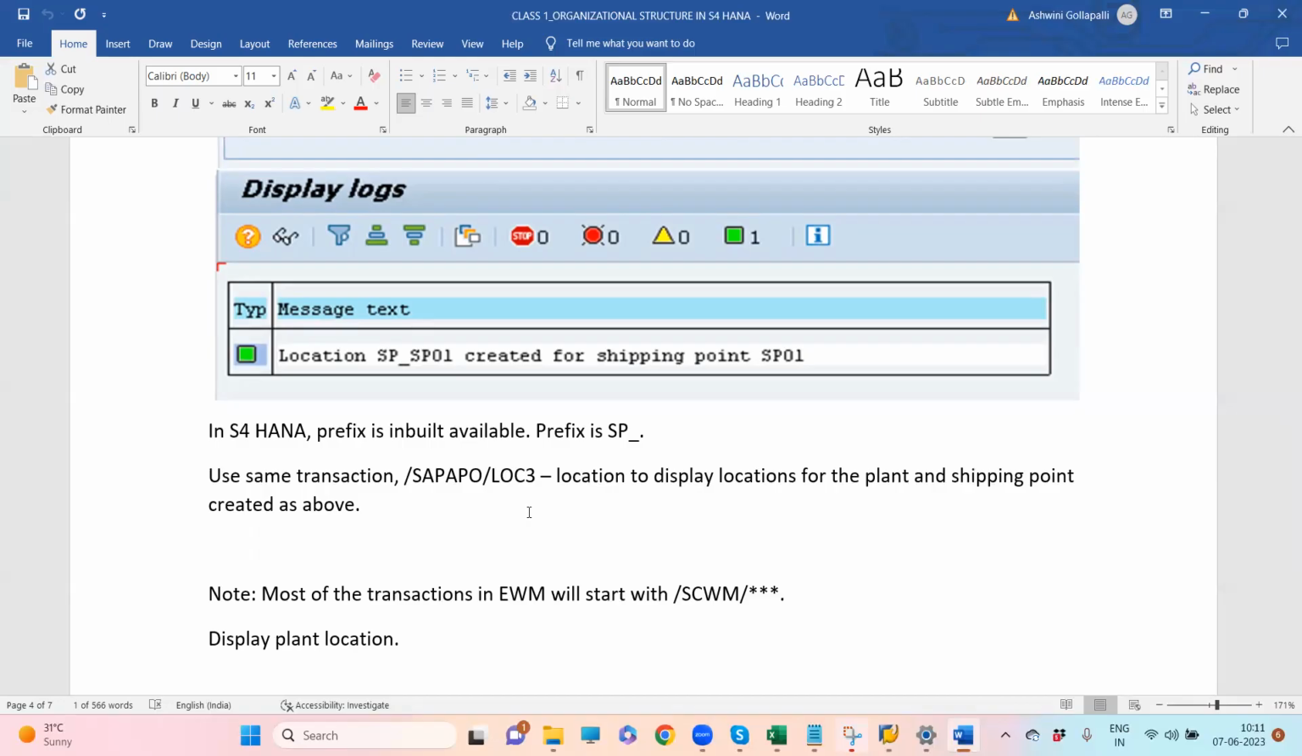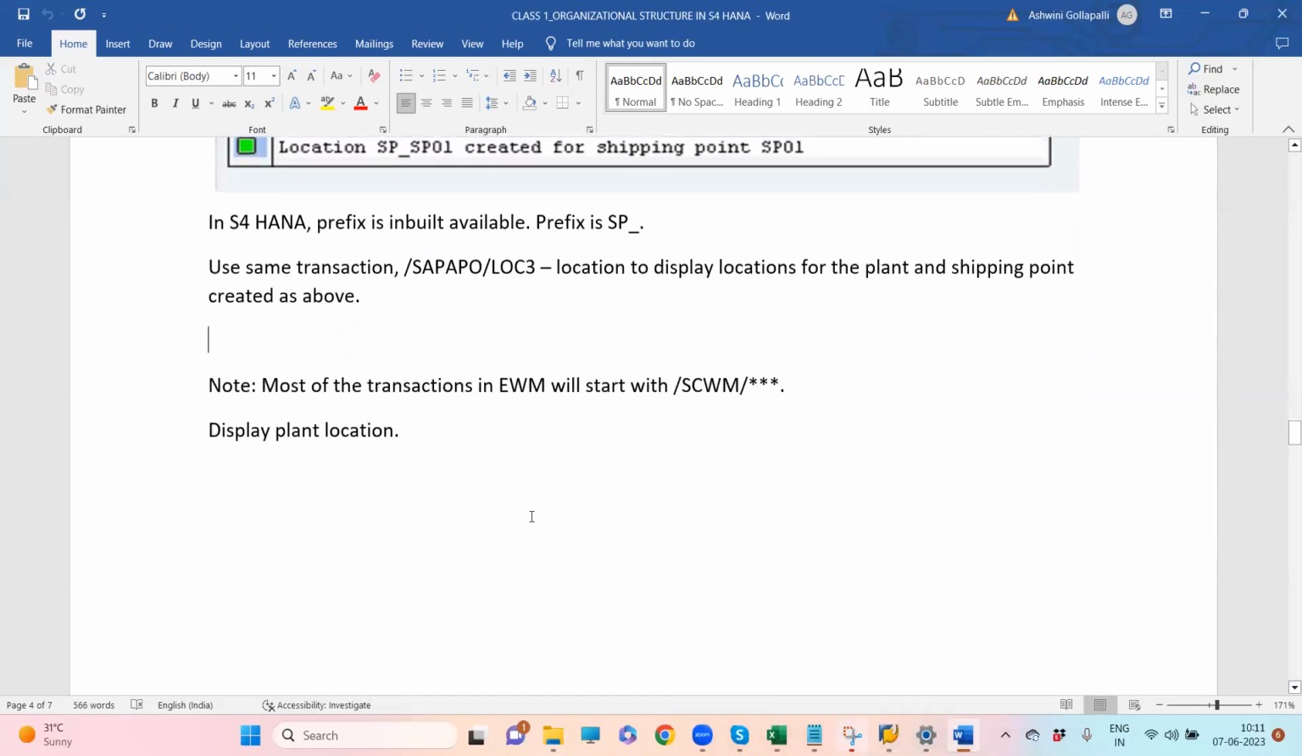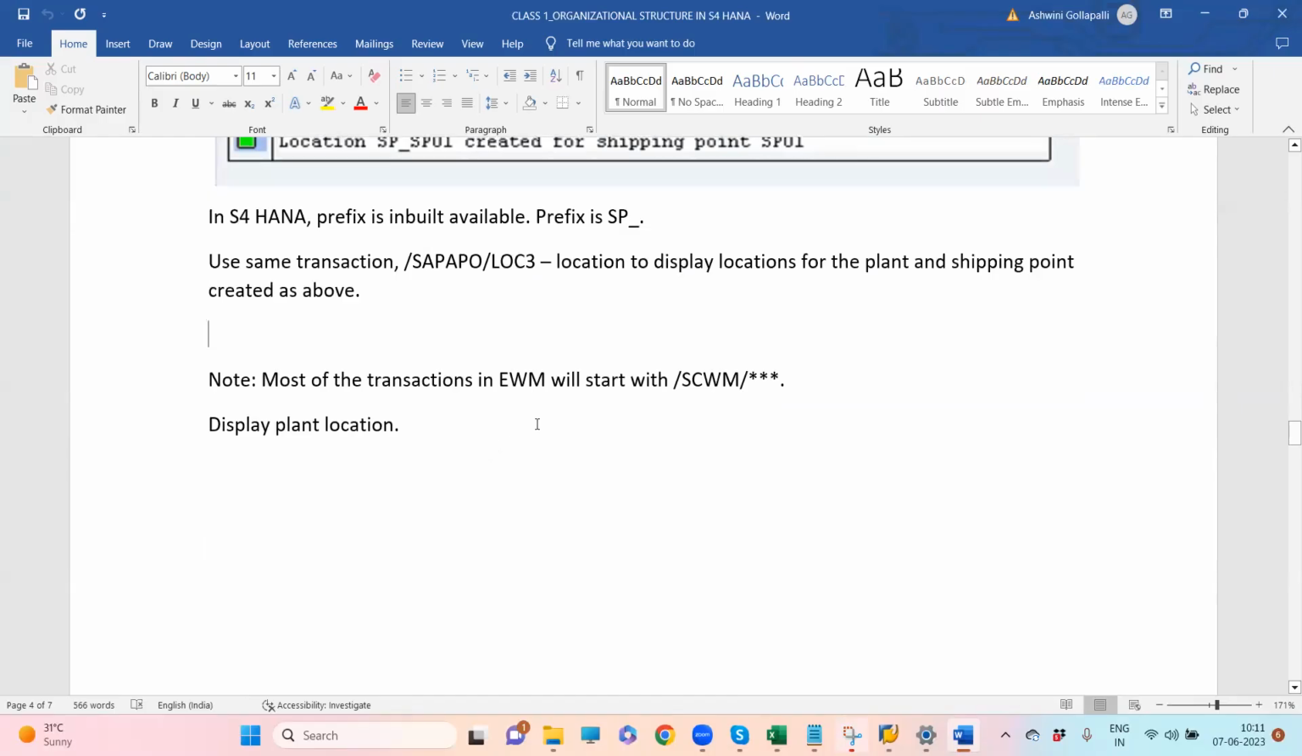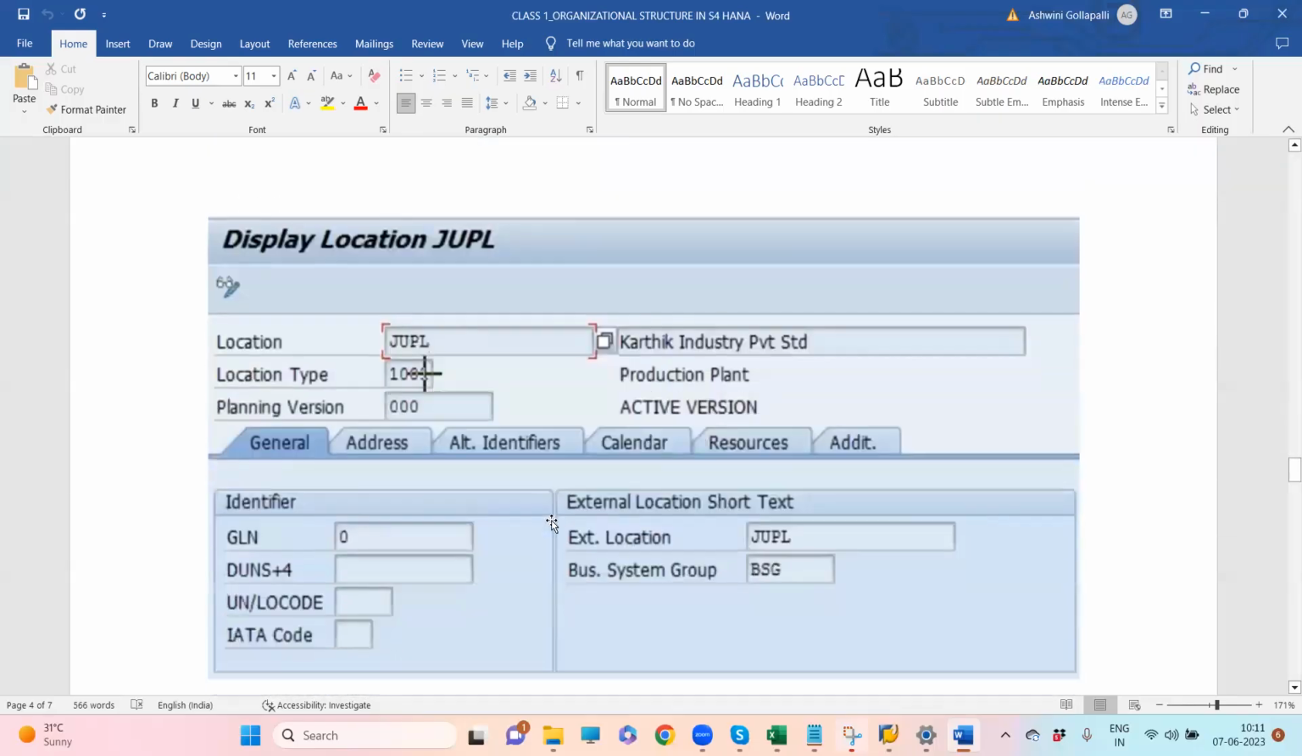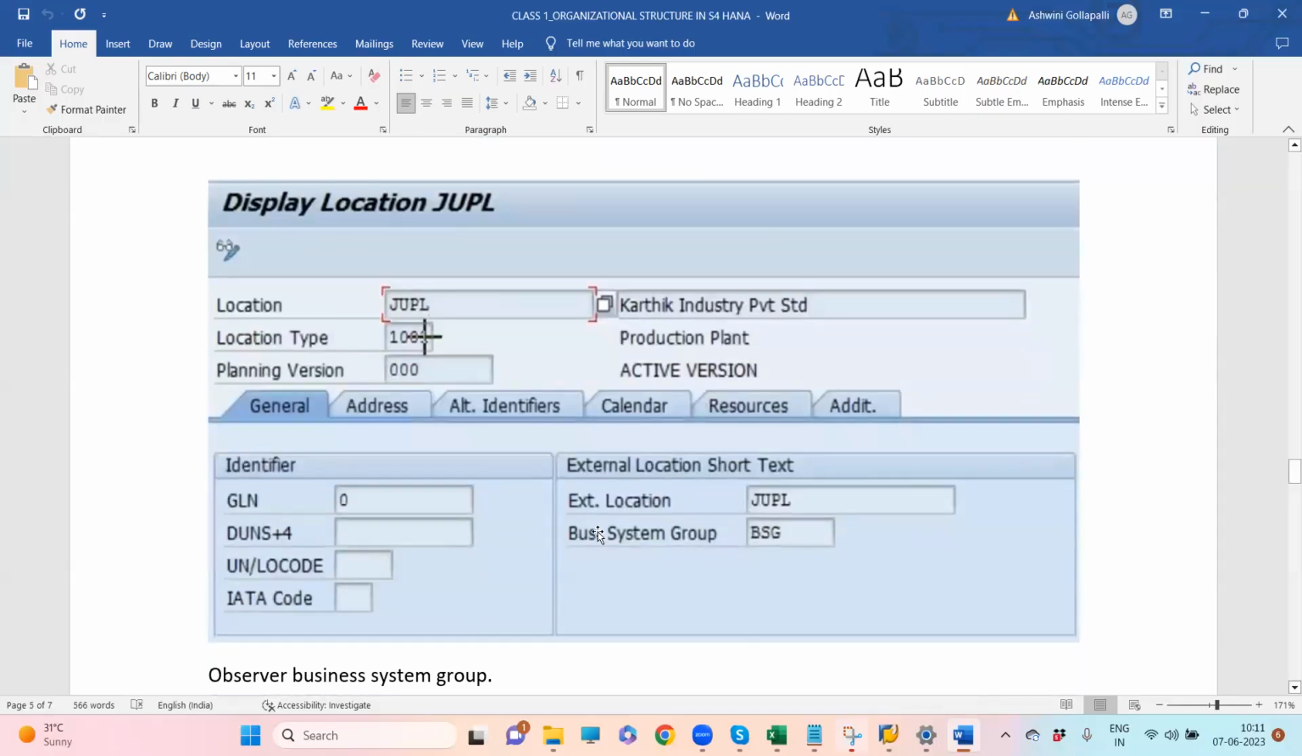Whatever the node is, it is available under logistics. You just have to display the plant and locations. Please remember, most of the transactions in EWM will start with /SCWM. SC stands for supply chain, WM stands for warehouse, and everything is the same. If you display the location in EWM also, you will have the same